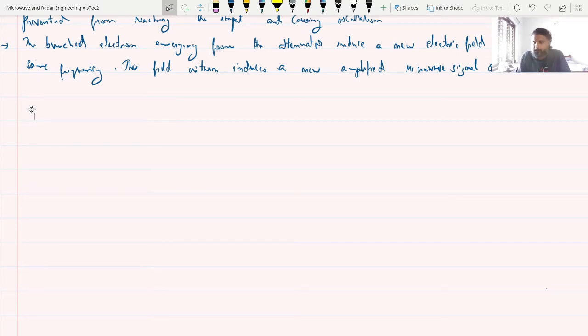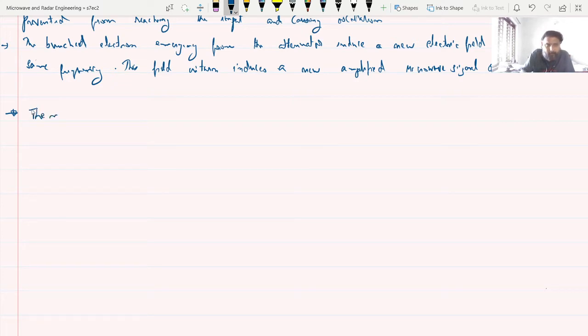Okay, so let me continue from here. The mathematical analysis of the amplification process. I can tell that the motion of electron in the helix type traveling wave tube can be quantitatively analyzed in terms of the axial electric field. If the traveling wave is propagating in the z direction, the z component of the electric field can be expressed in the form of E of z, which is nothing but E1 sin(omega t minus beta into z). Now I will write that one.